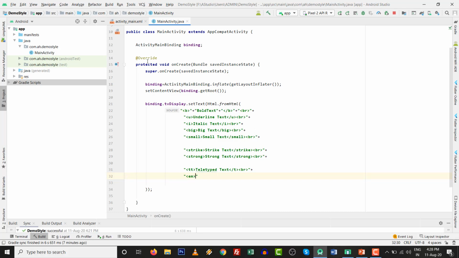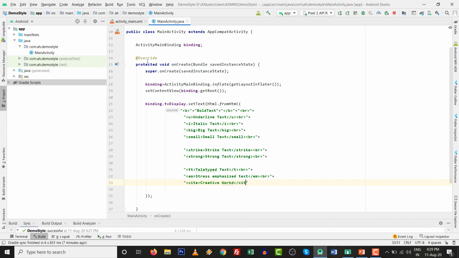So one more practice or hands-on exercise for the emphasize tag, EM, then write the text. Whatever the starting tag, you need to end the tag inside HTML. So HTML is not case sensitive like Java. So first of all, these things you have to note. This one is for the creative work tag, the CITE tag.